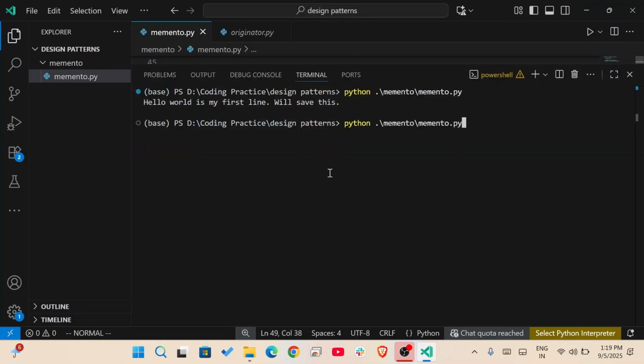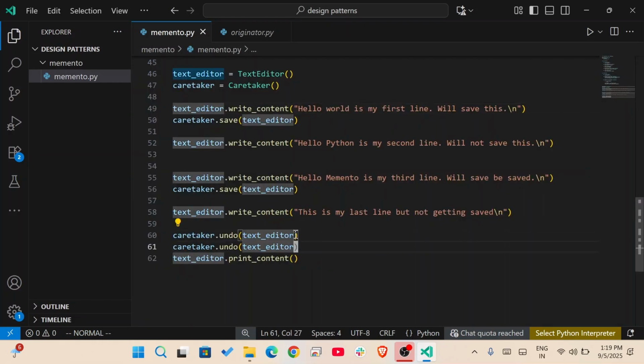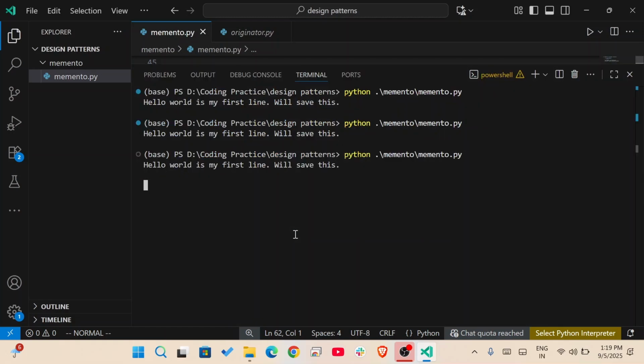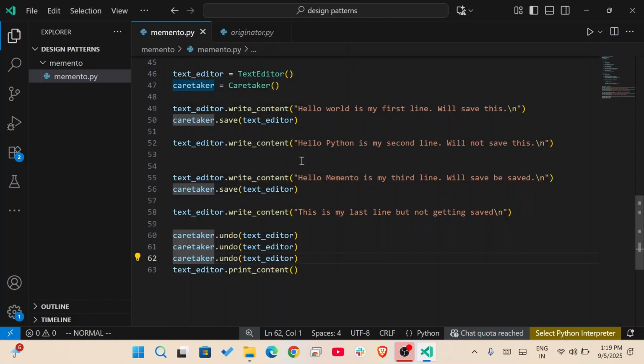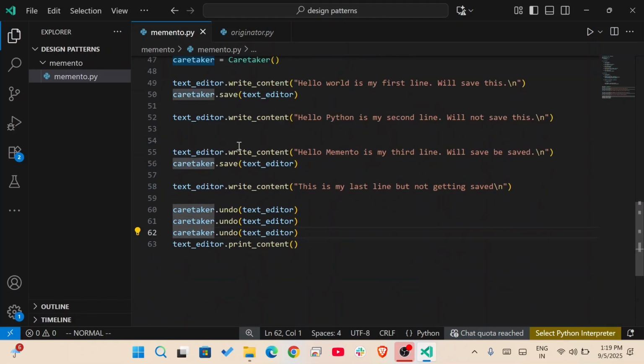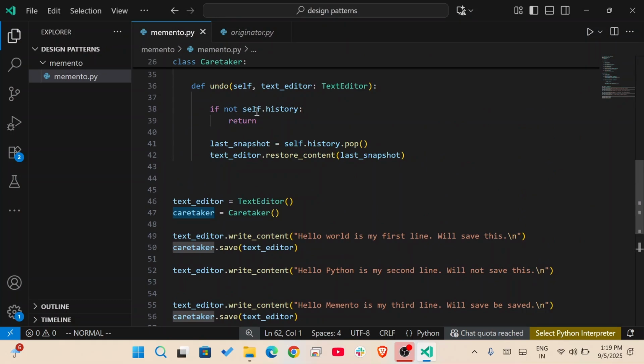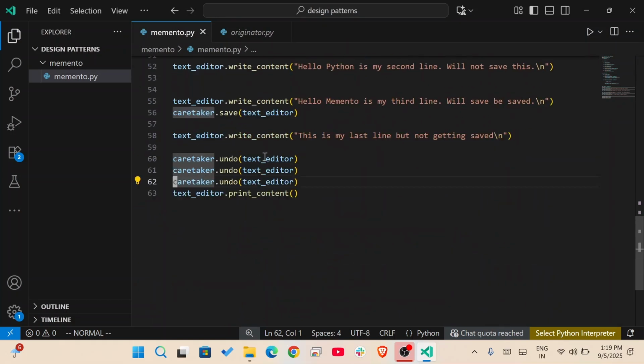And if I do undo once again, then I should run the file. It does nothing. Why? Because this is my last saving point, and after this the caretaker has history empty, so that is why it is doing nothing. So one more thing which we can do is suppose we have